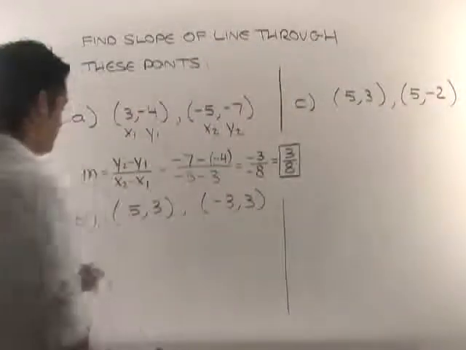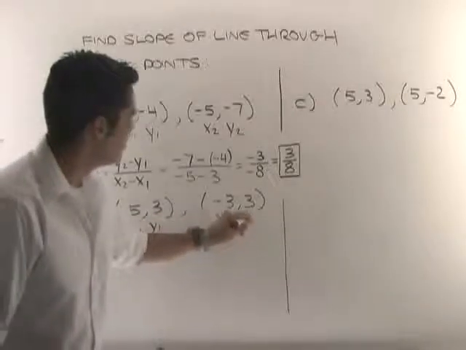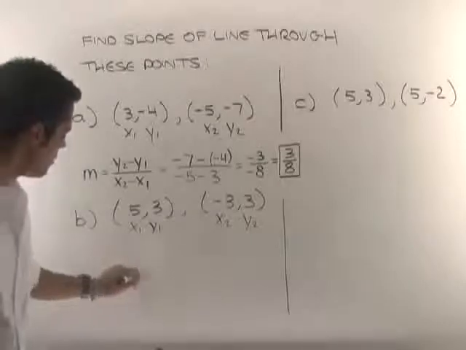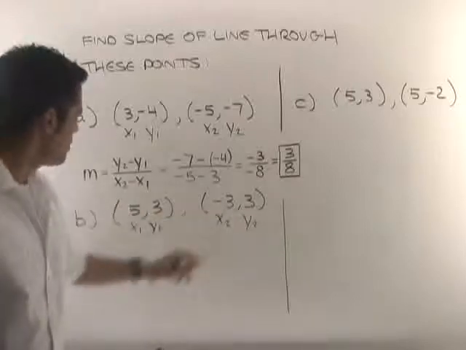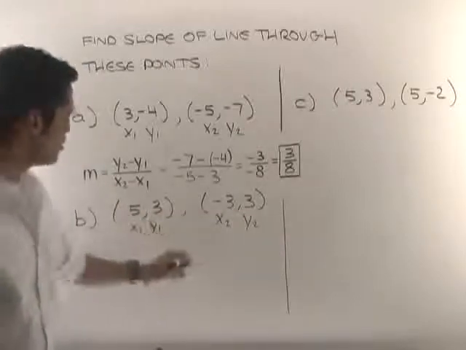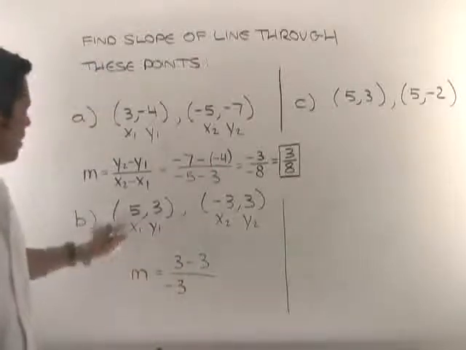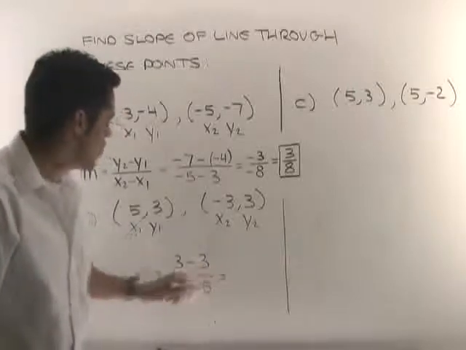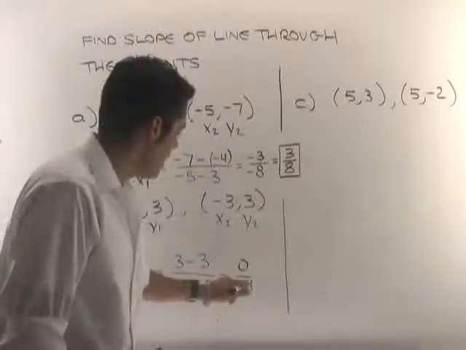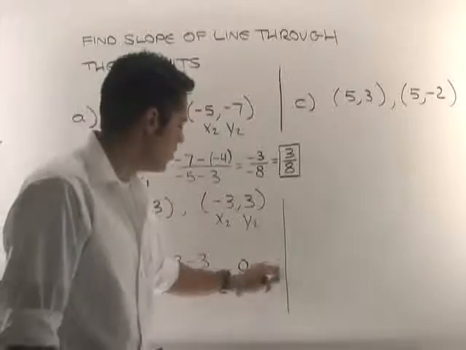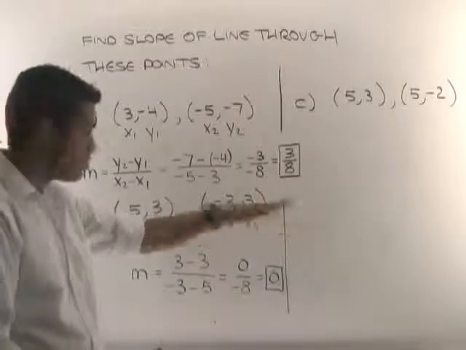Now for this next one, we're going to try and find the slope again. I'll label this x1, y1, x2, y2. And now, again, for the slope, we use the same formula, y2 minus y1 over x2 minus x1. y2 is 3 minus y1, which is 3, over, now x2 is negative 3, and x1 is 5, so I go minus 5. Now the numerator is 3 minus 3, which is 0, over negative 8, and 0 divided by negative 8 is just 0. So this line has a slope of 0, and that actually represents a horizontal line, because horizontal lines have a